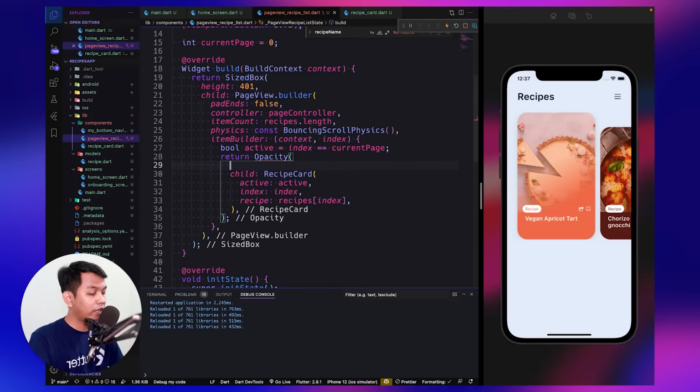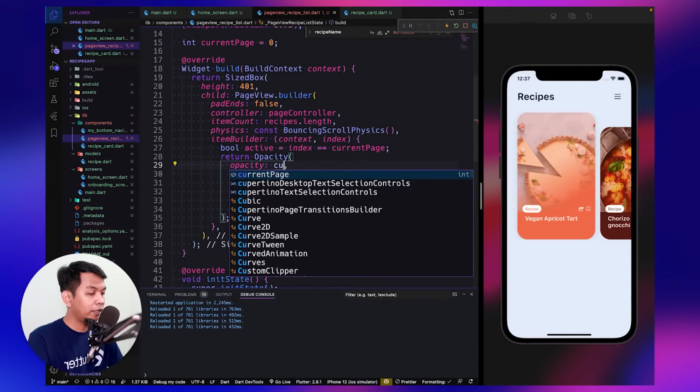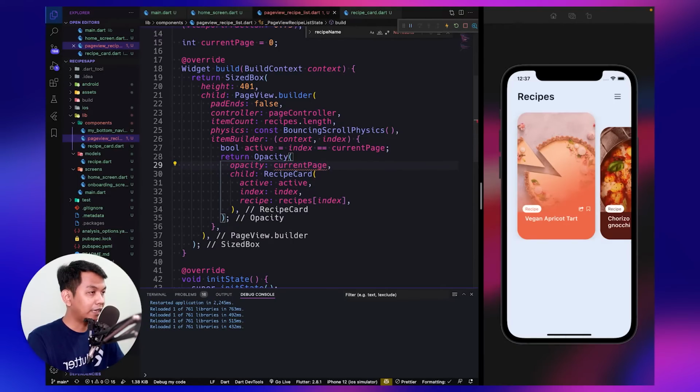Opacity has a powerful parameter which is opacity, and we use a ternary operation using current page, and we want to check if current page is equal to our index. We set the opacity to be 1, and if it's not, it's set to a half.